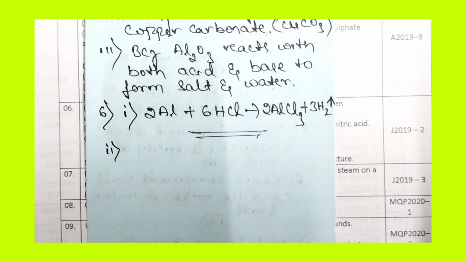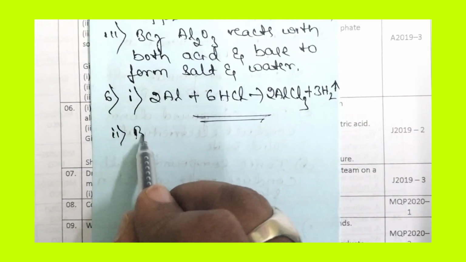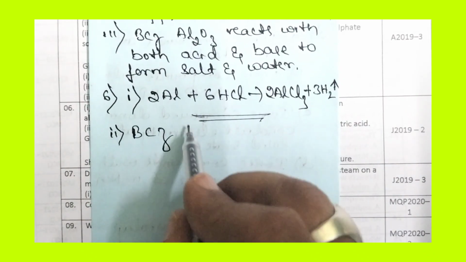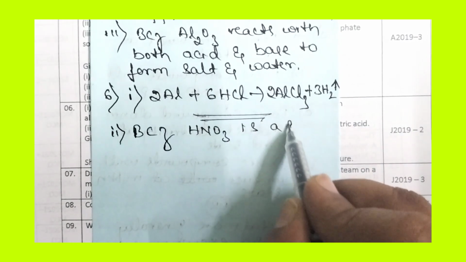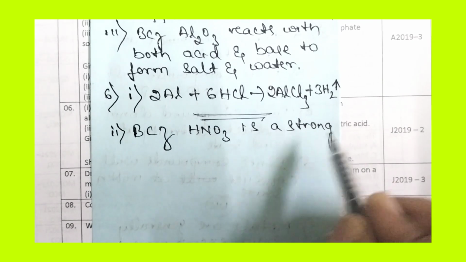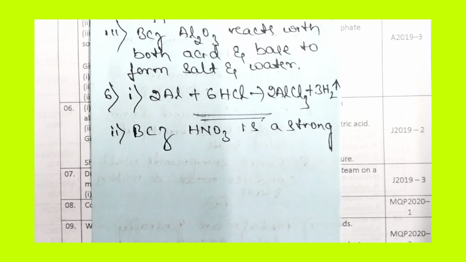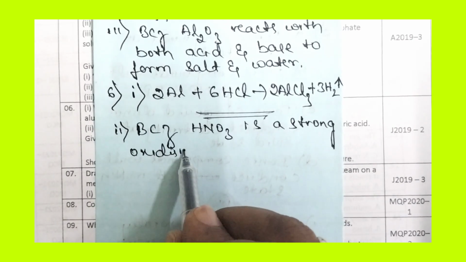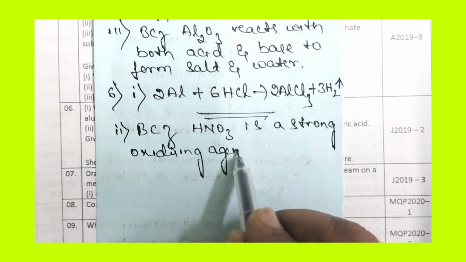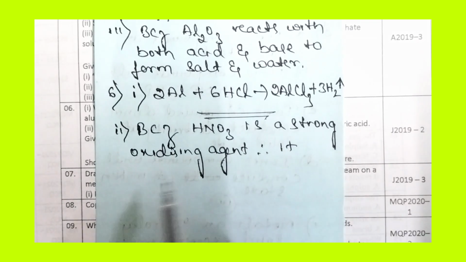So why is hydrogen gas not liberated when a metal reacts with concentrated nitric acid? Now let us answer this question. So the reason is because HNO3, that is nitric acid, is a strong oxidizing agent. Very important, this question is very important for the examination. It is a strong oxidizing agent. Therefore it oxidizes